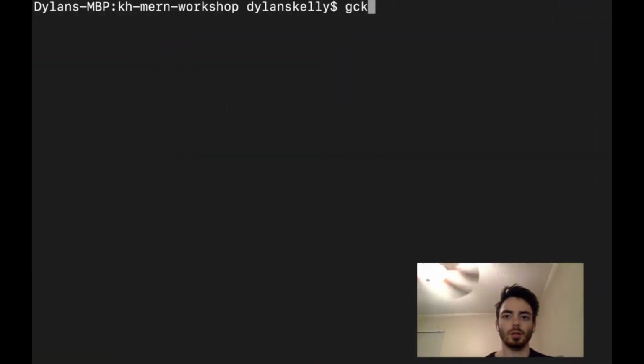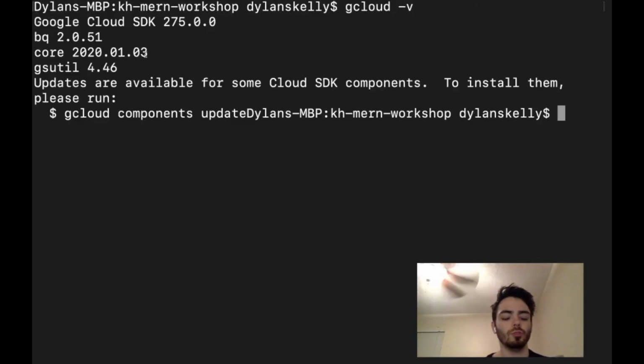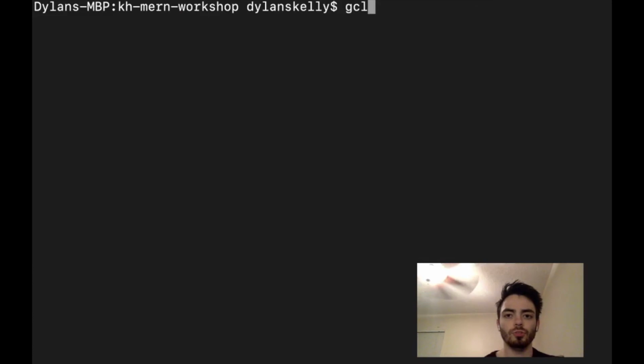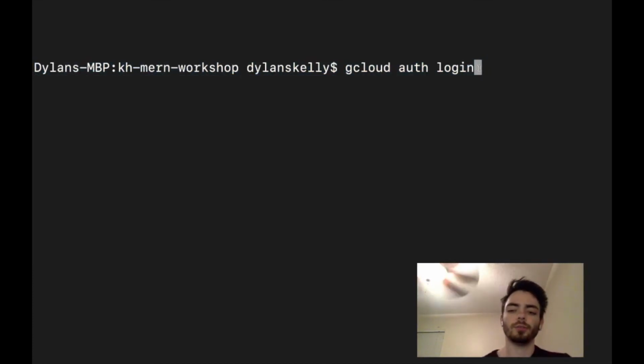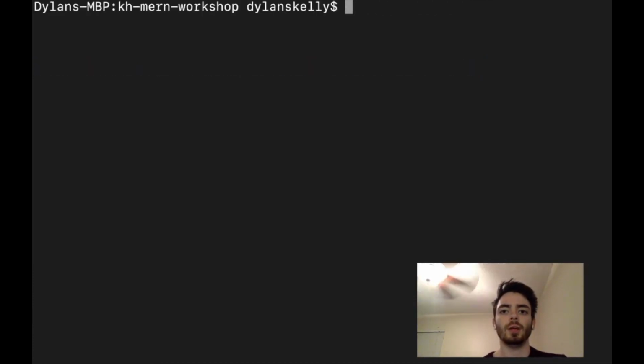So we'll come back here, and the first command you'll have to run is gcloud -v. This is just to ensure that Google Cloud is set up correctly. So as you can see, I have gcloud installed. So I'll just clear my screen, and then I'll go gcloud auth login, and this will redirect you to a page to log into your gcloud account. I'm already logged into mine, so I won't get redirected to that page, but if you haven't yet, you'll have to do that. And then we need to initialize a Google Cloud project in this, so we'll go gcloud init,